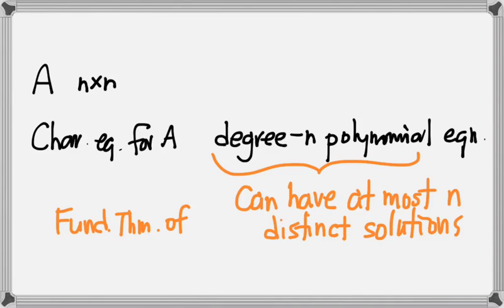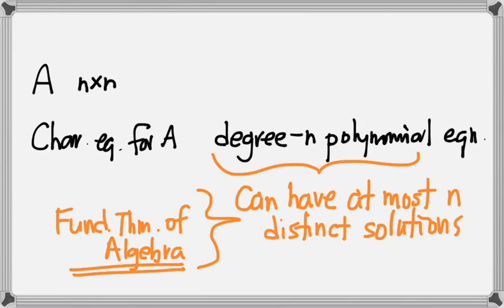So the reason that a square matrix can have only a finite number of different eigenvalues, so there's only a finite number of different lambdas that can make the eigenvalue-eigenvector equation have a non-trivial solution. The reason is the characteristic polynomial is a polynomial of degree n, where n is the row or column dimension of our matrix. And therefore, because degree n polynomials can only have up to n distinct solutions, an n by n matrix can have only up to n distinct eigenvalues. So